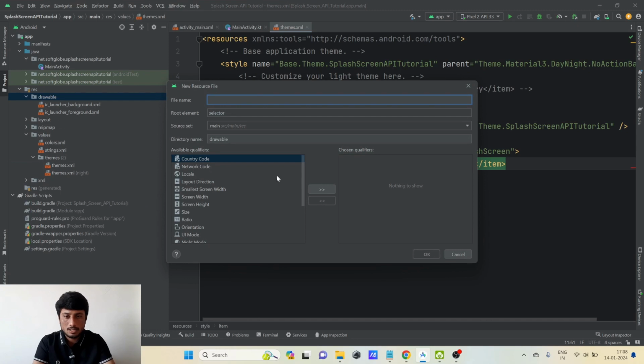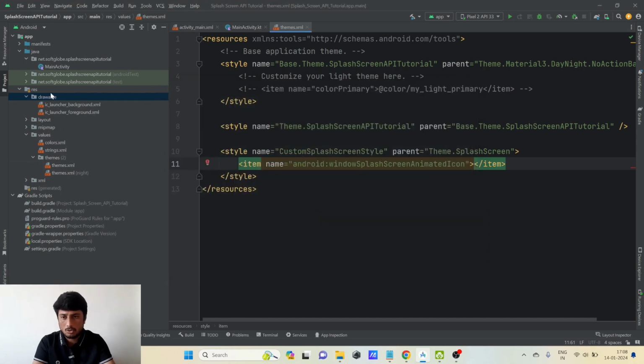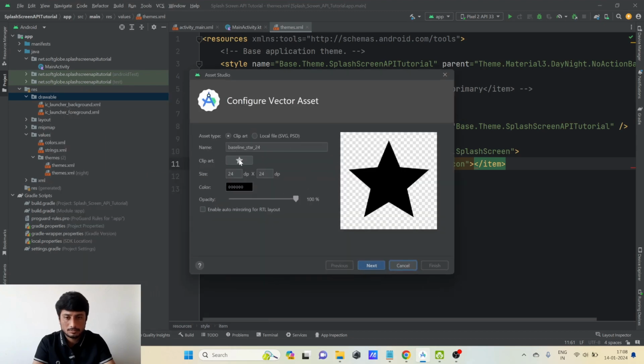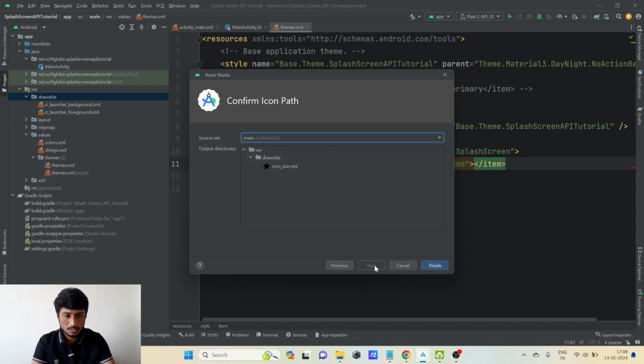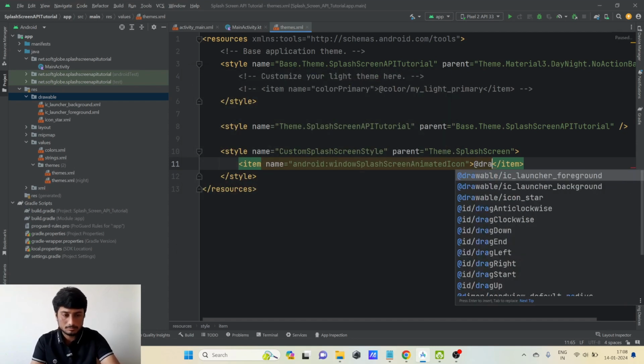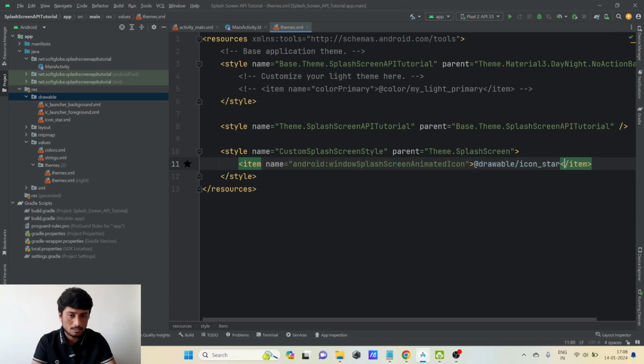a new drawable resource file. Sorry, not resource file, vector asset, and I'll choose the star here and name it icon star. Next, finish. So I can use the drawable here, drawable icon star. Okay, on the splash screen now this star will be displayed. And the other thing we have to do is another attribute,